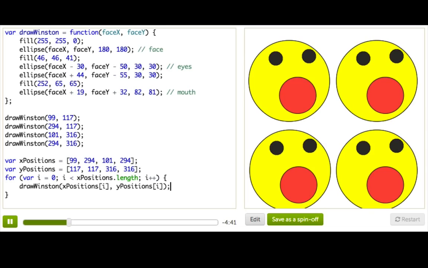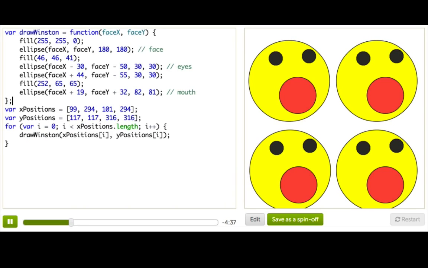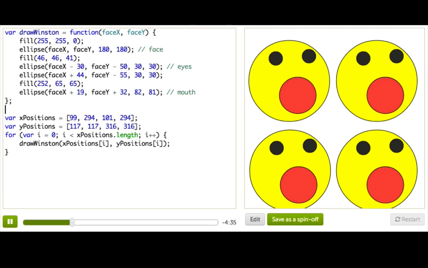i. Okay, so let's see if that worked by deleting. All right, that worked. So now we just have this one line of code that does draw Winston, but it does it for every position in the x positions array. So we could go and add more to this by saying like 10, and then we add 1, and then add 1, and then 1, and then